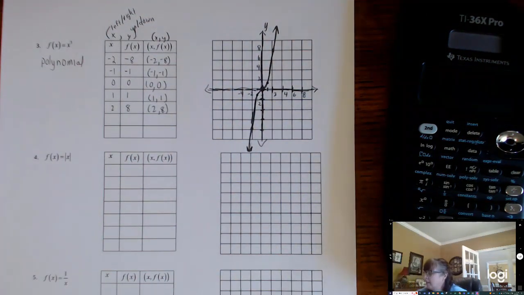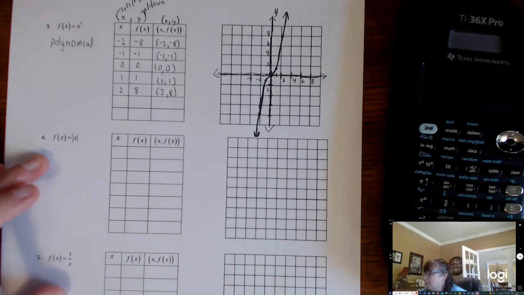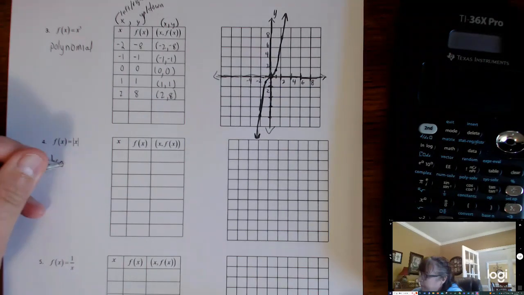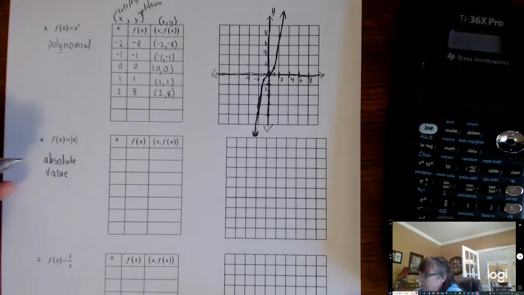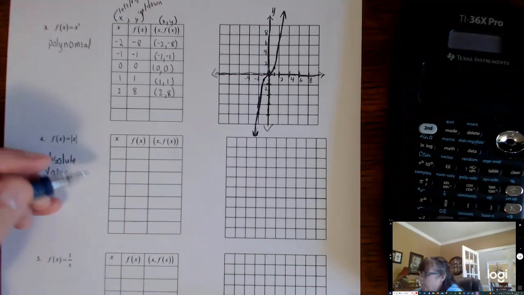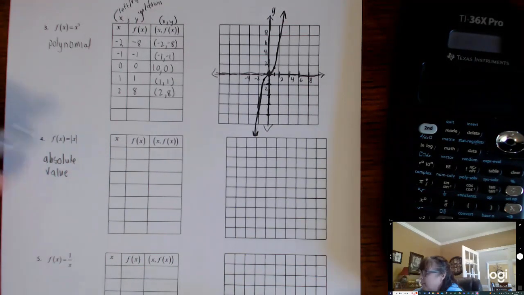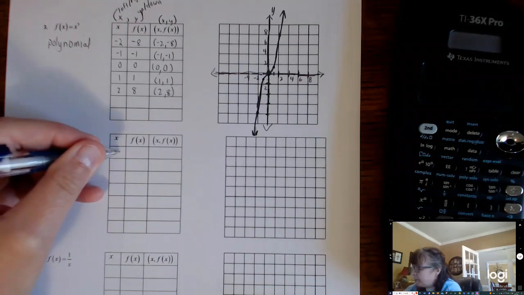All right. Now the second one that we're going to look at, absolute value, you should know that that looks like a V. This is the absolute value function, and it looks like a V, and so we'll put values in. And one thing about absolute value, it's always positive. So that means all the negative numbers I put in are going to turn positive. So you don't really need a calculator for this one. So I want to put in a few negatives